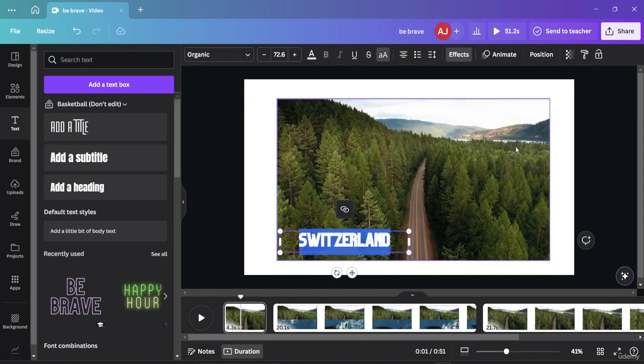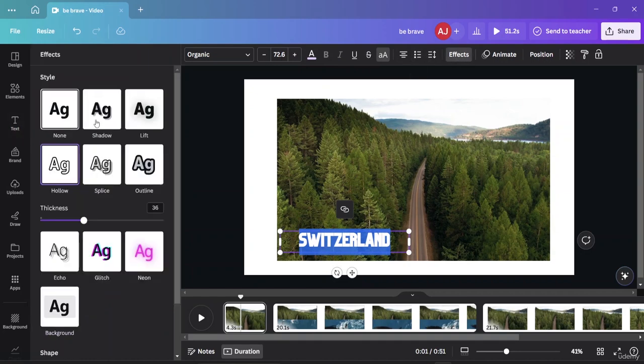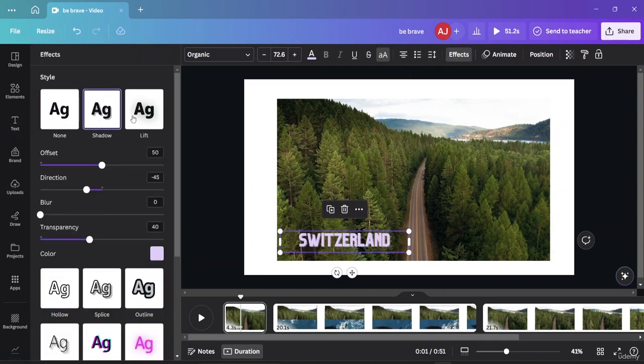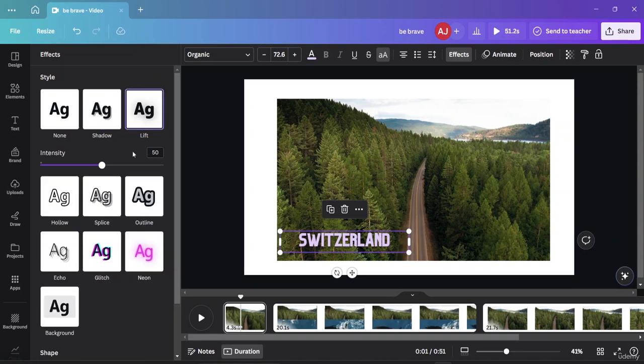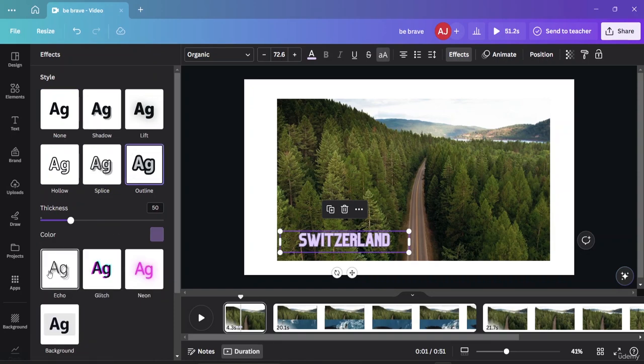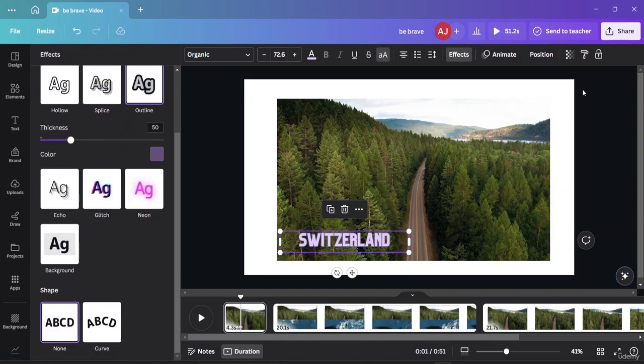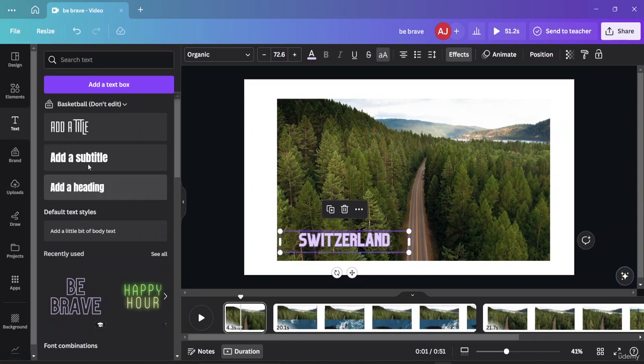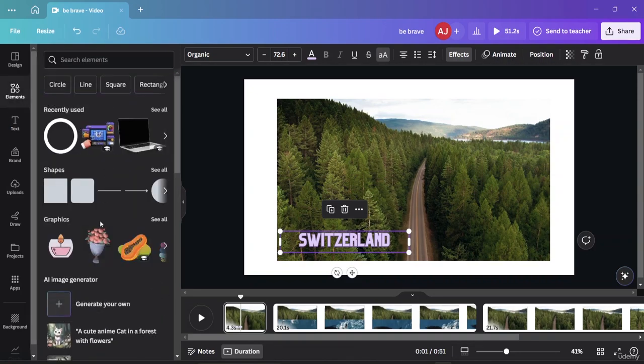Okay, and I can select this whole text and I can also add different types of animations from here. Okay, so if I come to this effects option, here you can see I do have different options or effects which I can basically use here. Okay, so these are a few of the text options. Okay, so for effects, but what I will also want to do is I want to put